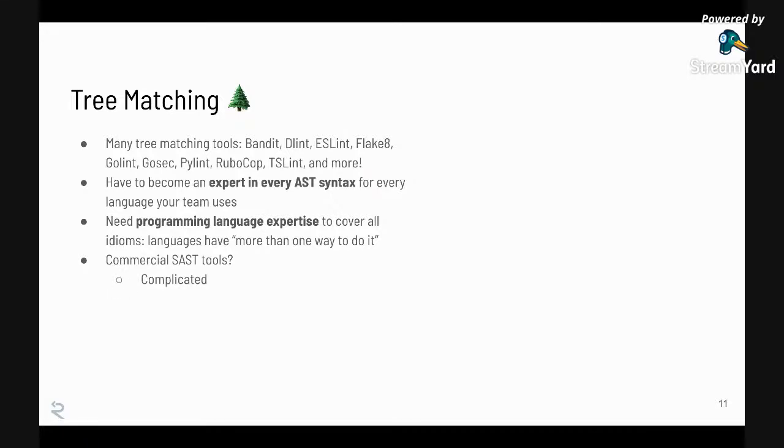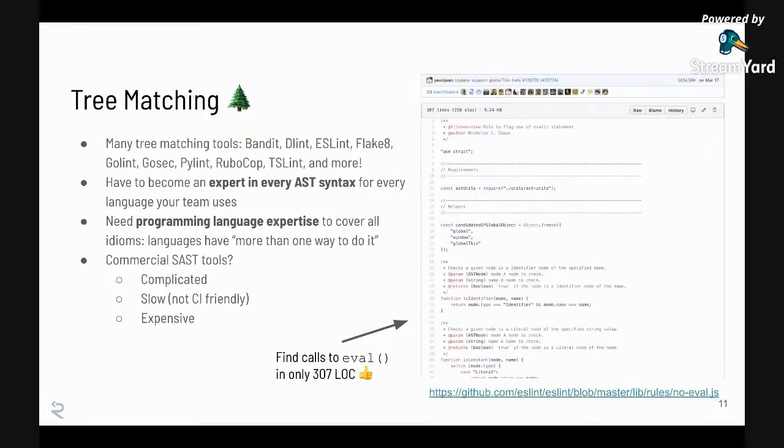I'm a fan of a number of commercial tools, but generally to customize them, I've found them to be complicated and slow. They're not always CI friendly. They're running on the order of many minutes, not seconds, and they tend to be expensive. So one example that I want to show you is coming from